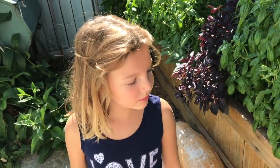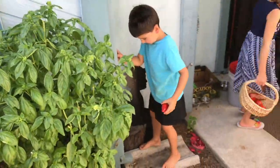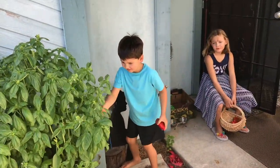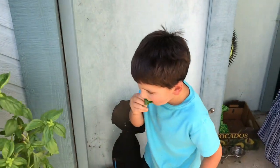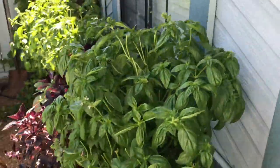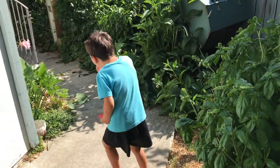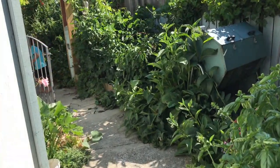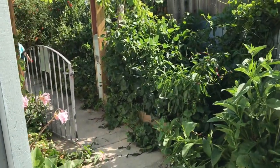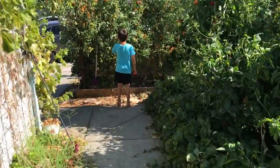Basil. I don't even eat basil raw like that from the garden. What else do you guys like to eat in the garden? I definitely know that Blake will come out here and eat tons of this basil. Just like that. Man, you're like a rabbit, Blake. You're a little bit animated right now. Now where are you going? He's got a lot of energy. Oh, he's going back to the tomatoes. He's having a dinner